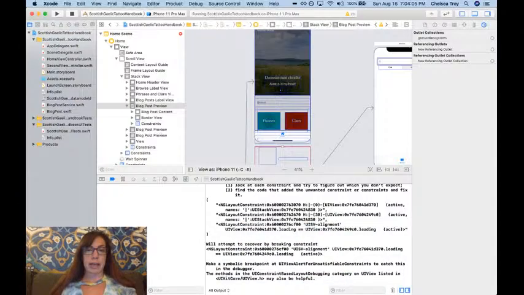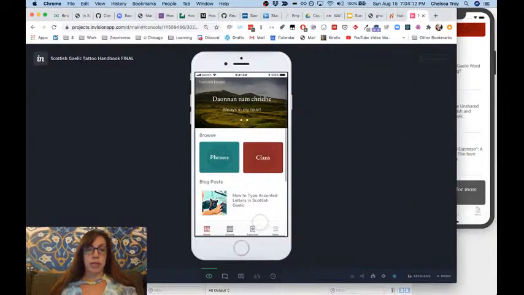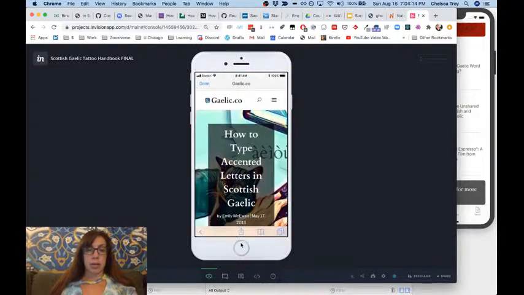All right, so the next thing that we're going to do is make the check out more blog posts button at the very bottom of the screen work on this app. So let me show you what we are looking at. This button needs to do something, and according to the mock-up, it's supposed to